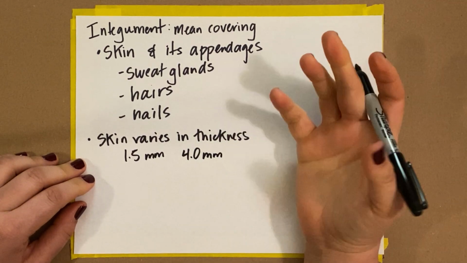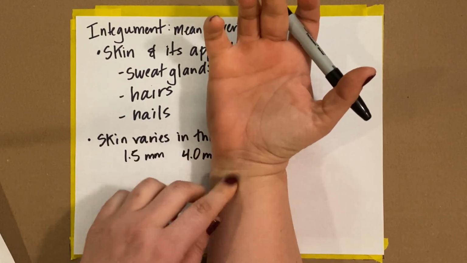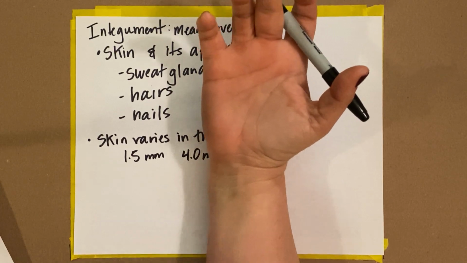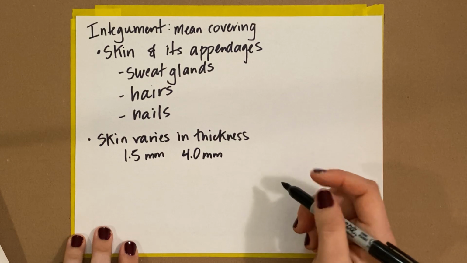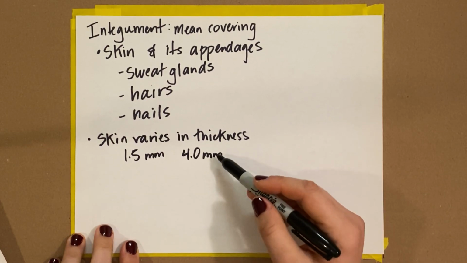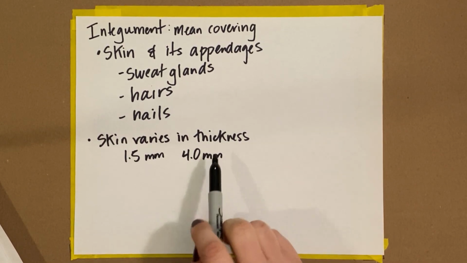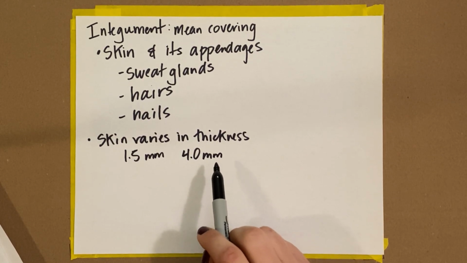Think about the skin of your wrist versus the skin of your palm or your fingers or the bottoms of your feet. Very thin skin, also like your eyelids, will be on the thin side. And then the areas that are the thickest are going to be the bottoms of your feet